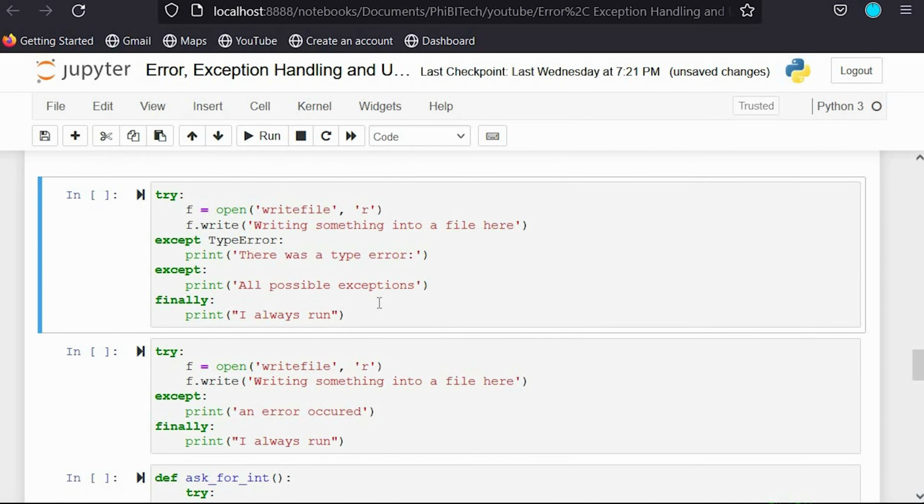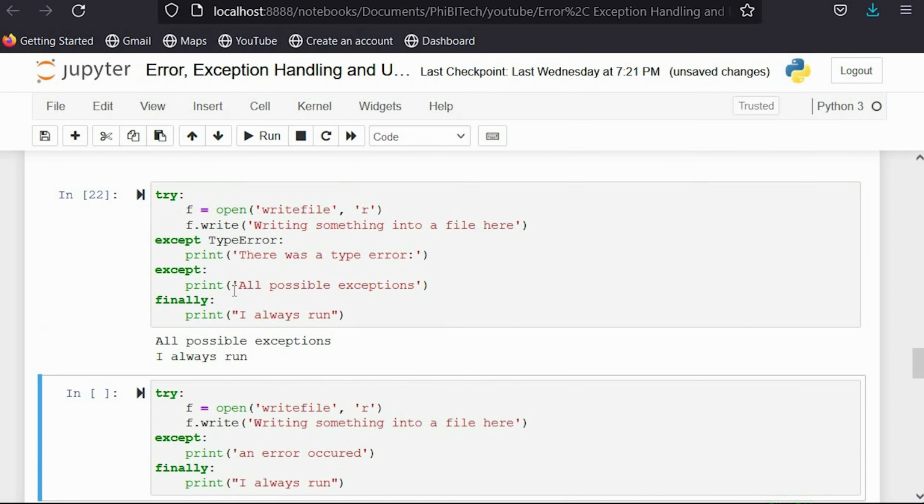So another thing we can do here is, okay, we can use the except clause. That's what I was explaining. Except to catch any form of error. So type error, this is not actually a type error, it's an OS error we've earlier discovered. So if we now check this, oh, all possible exceptions. So it's telling you all possible exceptions. So we don't know which particular error it is because we didn't indicate any form of error in front of